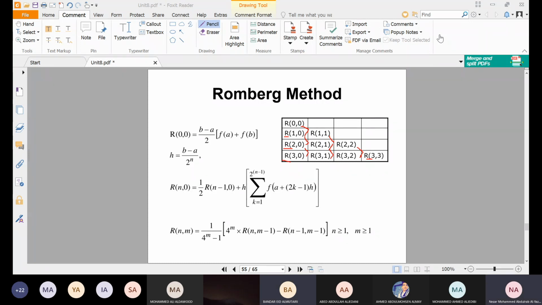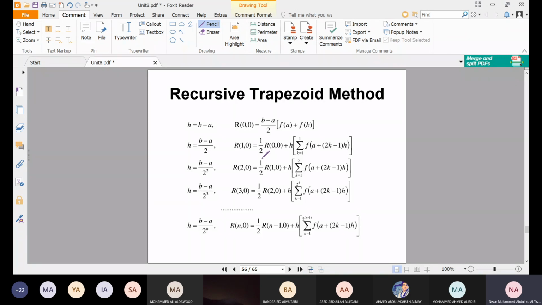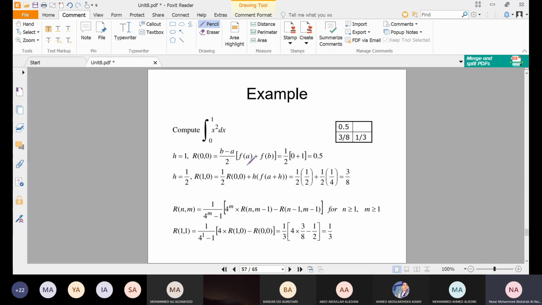Okay, so what we have here, this algorithm, I think it is easy to find. So this is the recursive method, as we said. Here we have R00, R11, and how we can compute this for the first column. For the first column, we apply the recursive trapezoid rule. Okay. So if you take an example here,